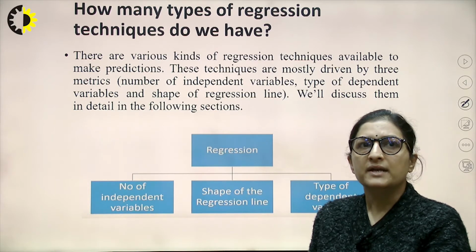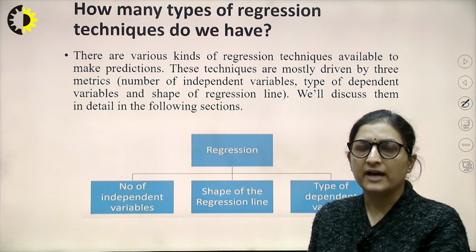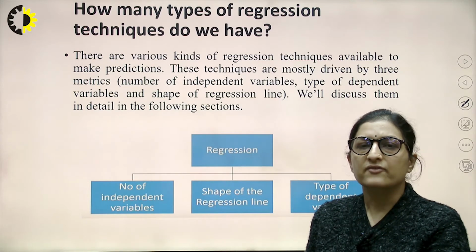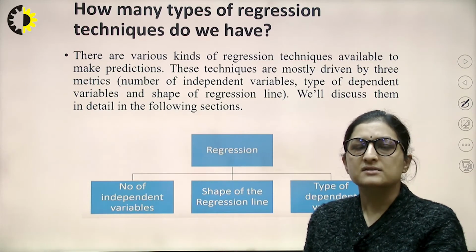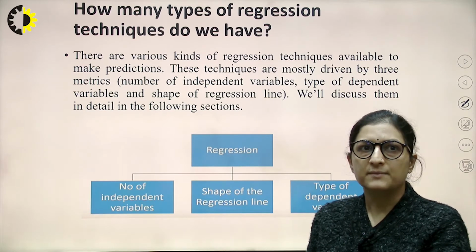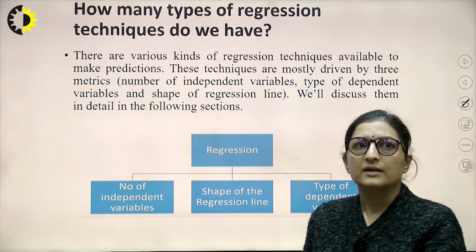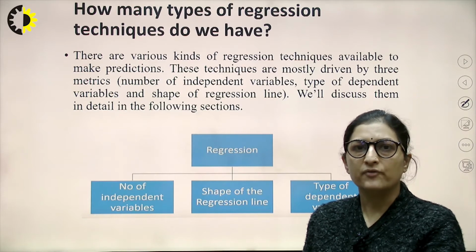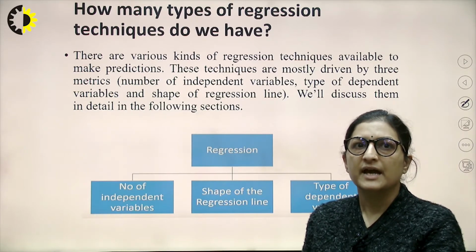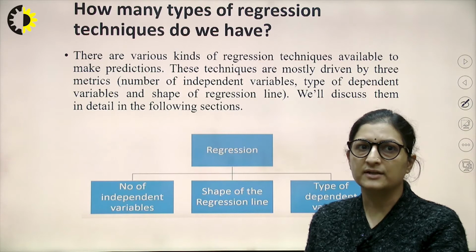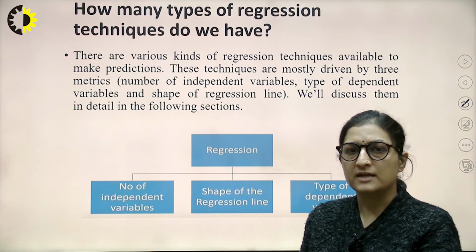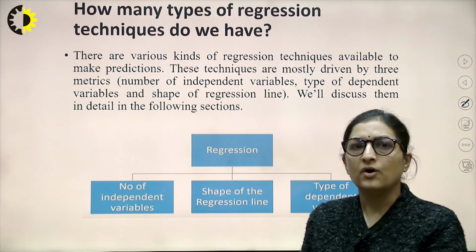So, how many types of regression techniques do we have? There are various kinds of regression techniques available to make predictions. These techniques are mostly driven by three metrics: number of independent variables, type of dependent variables, and shape of the regression line. So, what kind of regression model we would need for a particular use case will depend on these three